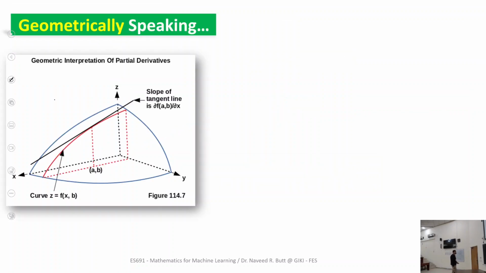What's the geometric interpretation? You are familiar with that. Basically, if this is the surface, a 3D surface represented by f(x, y), so it's a function of two variables. Then what you're essentially doing when you take the partial with respect to one of them is that you say, okay, if I'm interested in this point, it can be reached two ways, on this curve or on this curve,